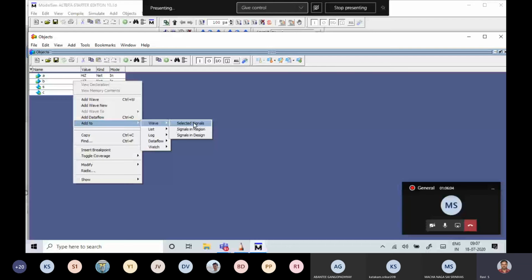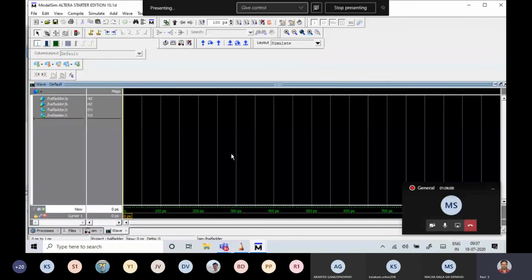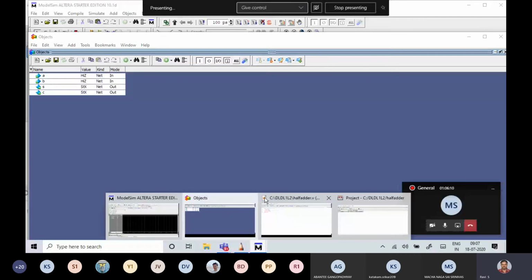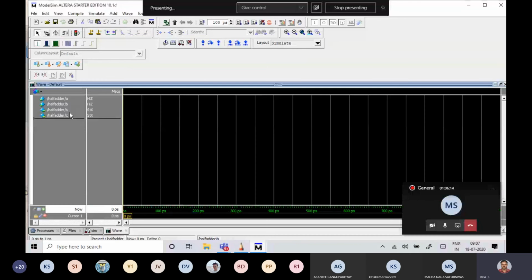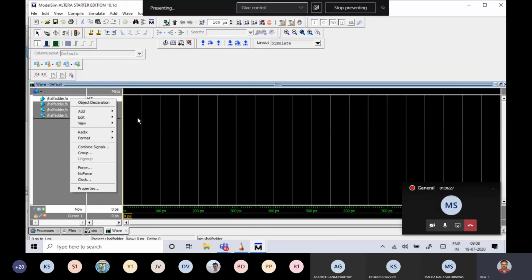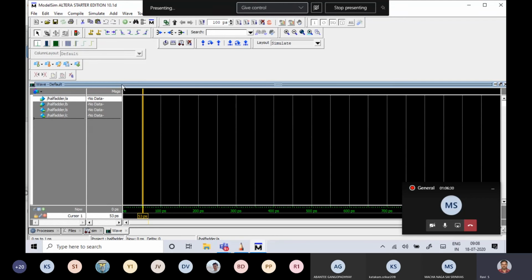Now I am selecting this, selected signals. If you go to the waveform window, since you have a separate waveform window, all the variables A, B, S, C are available here. Now I have moved all my variables to the waveform window. What I have to do is apply what A is and what B is. I'm applying the first case. For applying the input, you have 3 options. I'll tell you 2 options for today's class. The third option is the test bench, which I'll explain later.